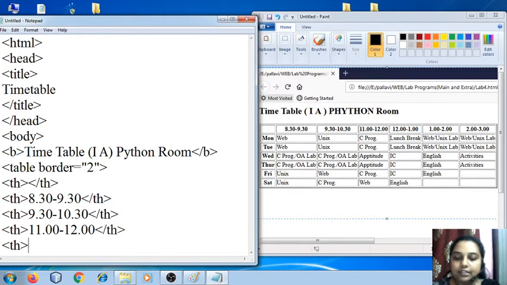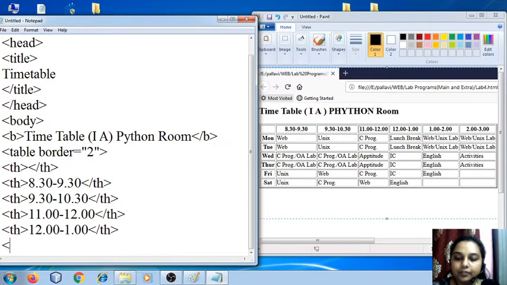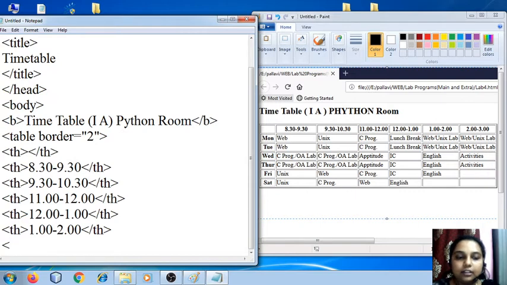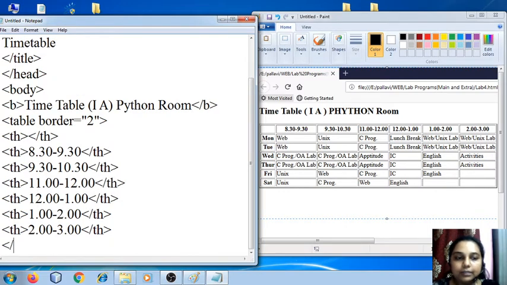Alright, next table header 12 to 1. Close the table header. Next another table header 1 to 2. Close the table header. And then comes the last one 2 to 3. Close the table header and then even close the row tag.